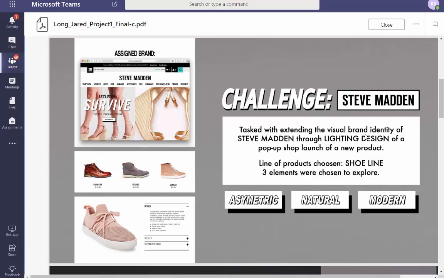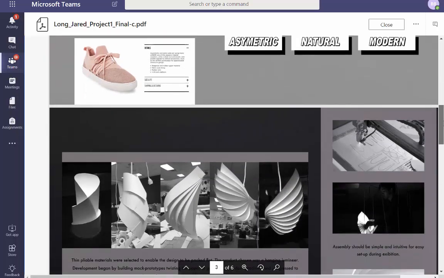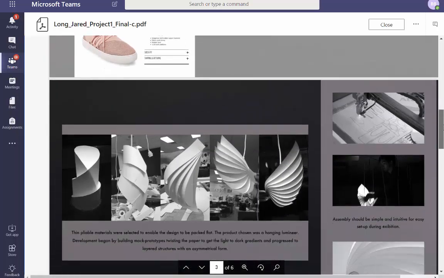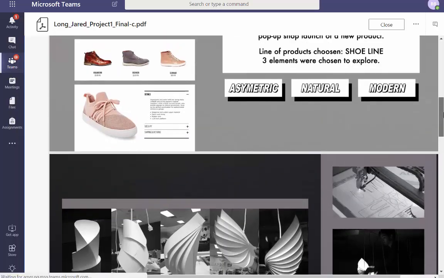I lost my focus. Let me see if I can get it back. Alright, if you are introducing something to a Steve Madden pop-up shop, are these the goals you've got to go for? It needs to be asymmetrical, natural, and modern. Then I want to see exploration in asymmetrical, natural, and modern.